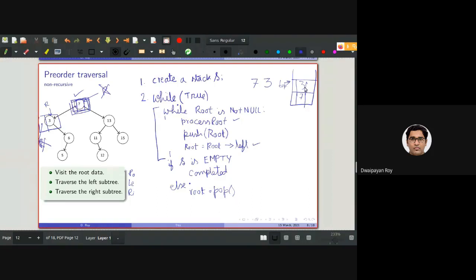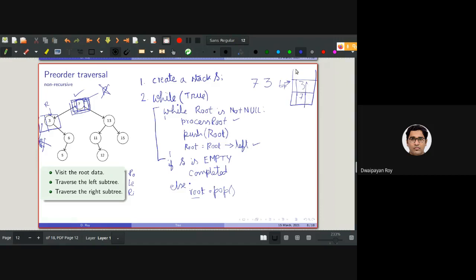After applying one pop, what will be top for this tree? Top was pointing to 3. If I apply pop and assign root equals to pop, what will be the root?